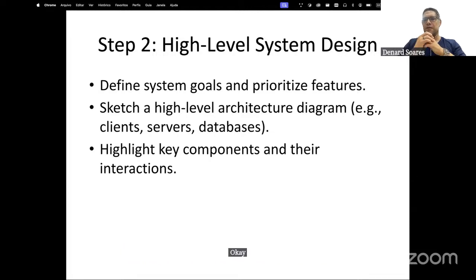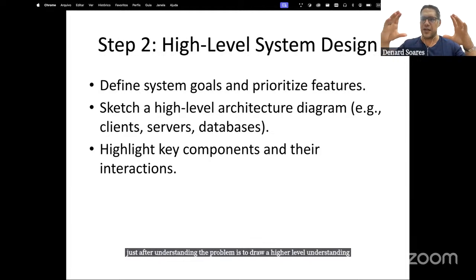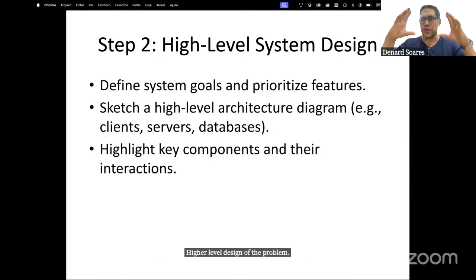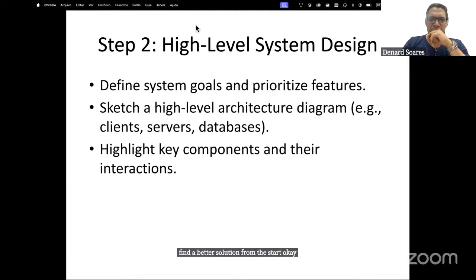So the first thing you should do just after understanding the problem is to draw a higher level design of the solution. Okay? Don't go into too much detail and don't try to find a better solution from the start, okay? So define system goals and prioritize features, and sketch a higher level architecture diagram, okay?